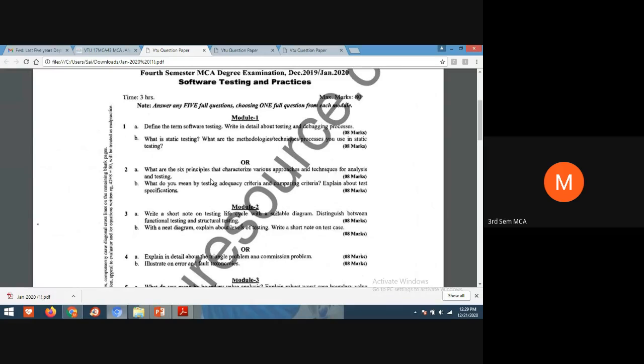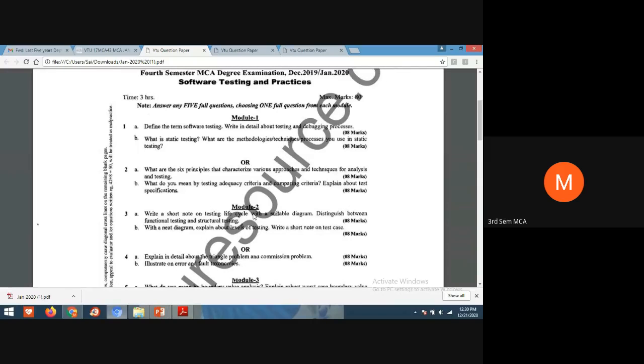See, the adequacy criteria is nothing but the predicted true or false condition. So before testing only, we'll be knowing whether I'll get the test case true or false. So test adequacy criteria is expressed in the form of rules and regulations. When we develop any program or any project, we set some rules and regulations. So using this adequacy criteria, we set the rules and regulations. And comparing criteria is nothing but, we compare the fields and we write the test cases.